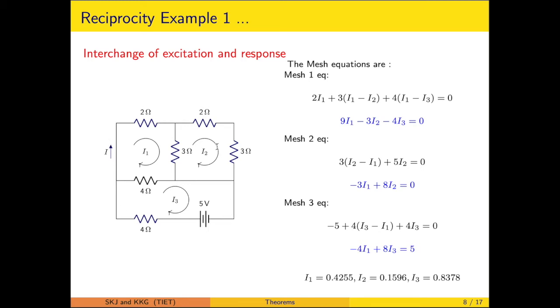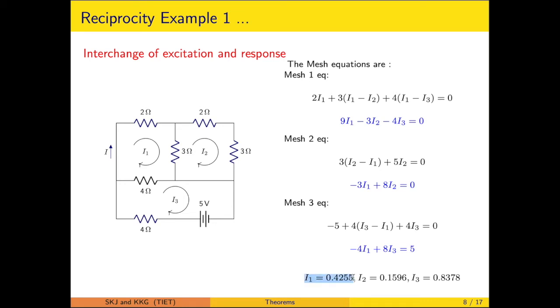Again we are going through the mesh analysis, and here the current, which is the response current, coincides with the I1 nomenclature. So the equations are written the way standard mesh equations are to be written. The first mesh is not having any external source, so the right hand side is 0. Second is also not having, so that is also 0. The third is experiencing a voltage rise around the orientation of I3, so the equation reduces to this. When you solve it, you will get the values likewise.